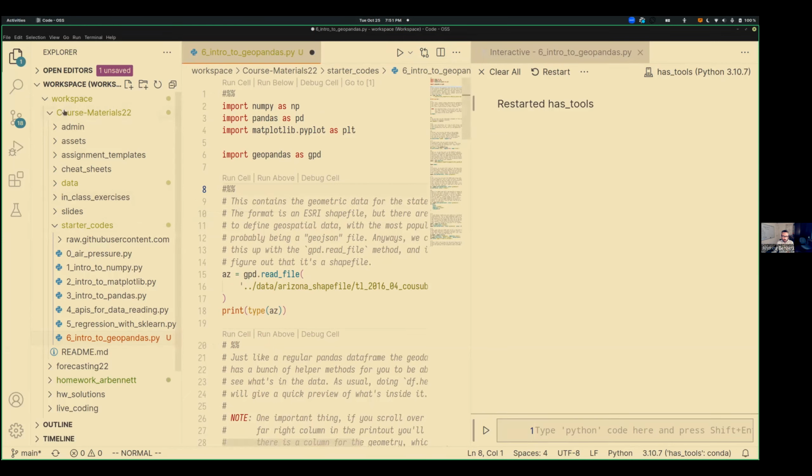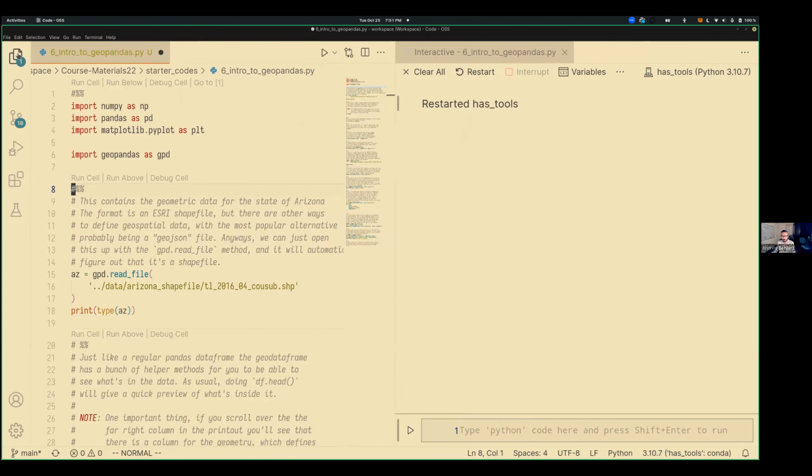Before I jump into too much, I just want to say to get this new starter code, do a git pull on the course materials in GitKraken, and you should see in starter codes something like 6 intro to GeoPandas there, and that's what I have up on the screen at the moment. I'm going to put the file browser away for now, and then run this first cell, and you should have